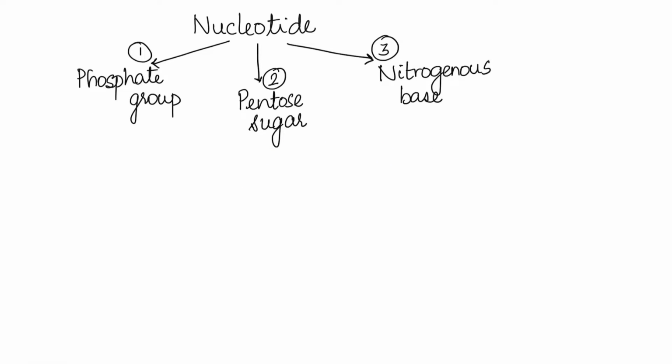Now, let's see how we represent a nucleotide. First, draw a pentagon. For knowing exactly where to connect the nitrogenous base and the phosphate group, let's number the carbon atoms. The numbering starts from the right hand side, so we start with 1, 2, 3, 4, and the fifth is outside. The nitrogenous base is attached to the first carbon atom, so we draw a line and then